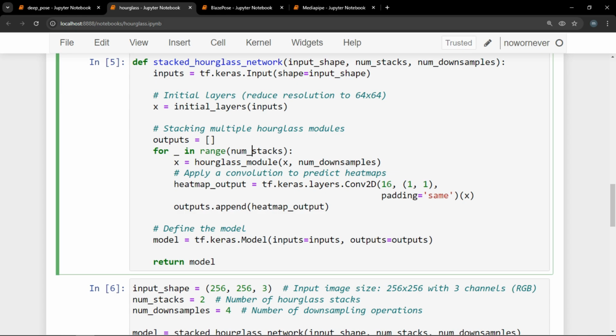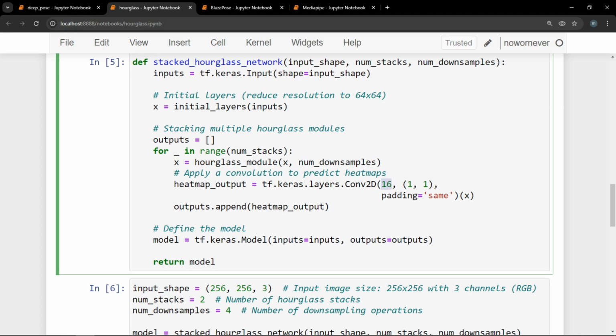For training, we use ground truth heat maps that highlight the areas where body parts are present. To calculate the loss, we compute the mean squared error element-wise between the predicted heat maps and the target heat maps. So at the end of each Hourglass network, we apply a 1x1 convolution with 16 filters to produce 16